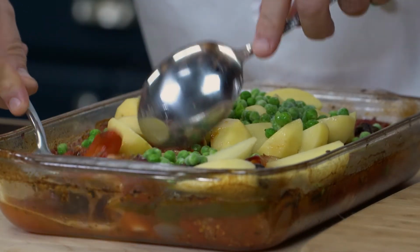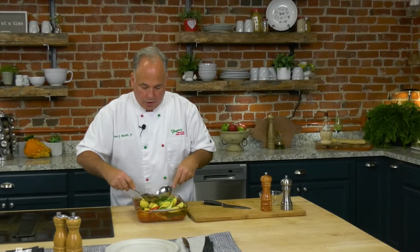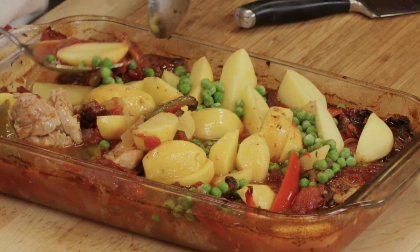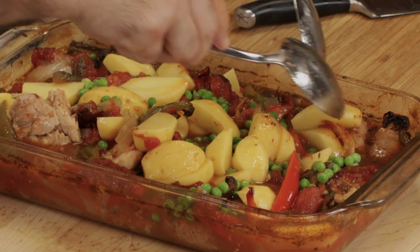Again, let's bring everything together. And oh, this chicken is just fantastic. The sausage smell right now. And this is going to cook pretty quickly. These potatoes, I guarantee, are going to cook thoroughly